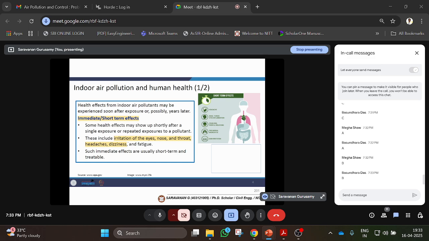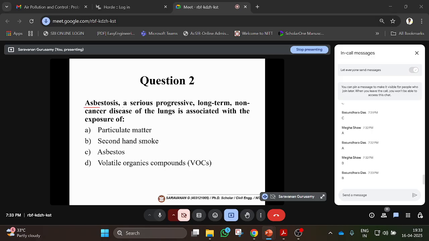So the option is irritation of the eyes, nose, and throat, which is an immediate, short-term effect. Asbestos, as the name itself suggests, causes asbestosis, a serious long-term non-cancerous disease of the lungs associated with exposure to asbestos. Nowadays asbestos is banned. Earlier we used asbestos sheets as a building material. Now it's banned in India